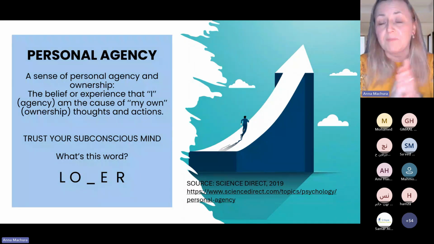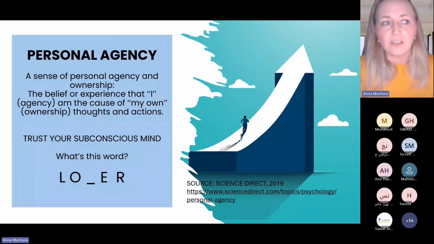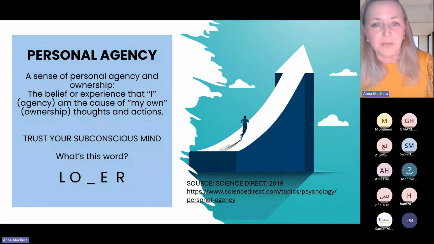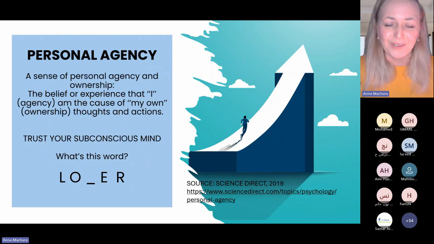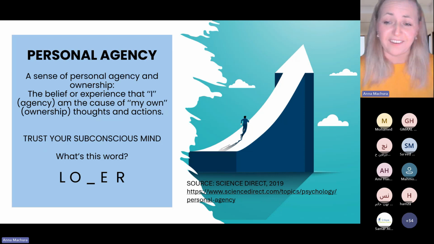And most importantly, feelings, the building block, that's the subconscious mind, that's your limbic system, before you use the prefrontal cortex. So trust your subconscious mind. Well, quick activity for you. I wonder what word is coming to your mind, and the brave ones can use the chat. Or again, unmute yourselves and tell me. At least 3 options here.